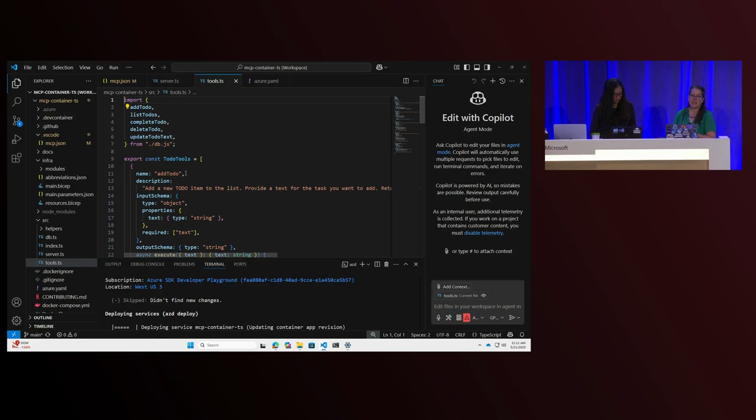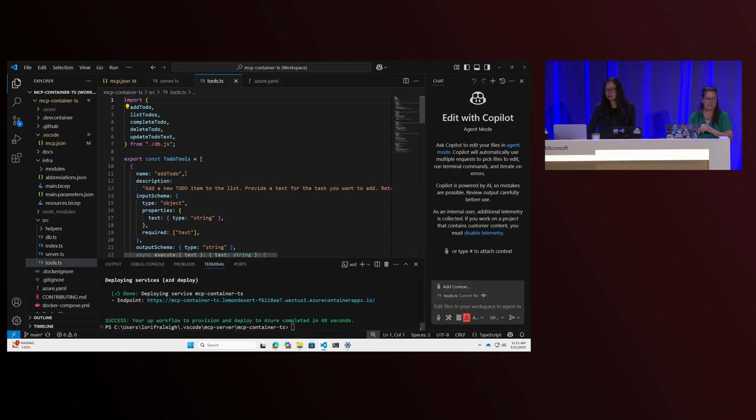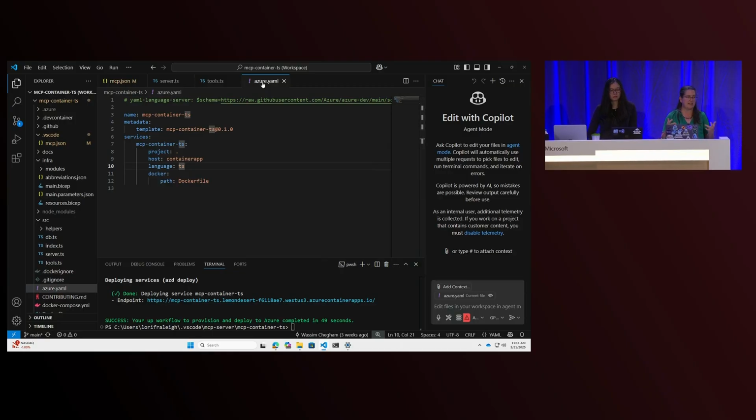This is leveraging the Azure Developer CLI, or AZD, to deploy this application to Azure. In this case, we haven't had to modify our MCP server at all to know that it's going to run on Azure. It's the same code, and we're just moving it from our local machine, where it was running locally, into Azure as a container in a container app, in a container environment. Our azure.yaml is what's used by AZD to initialize and create our Bicep infrastructure as code files for us, which is what's happening right now.